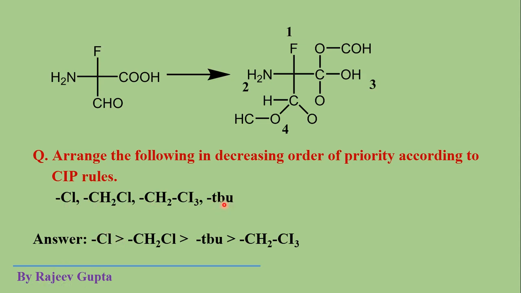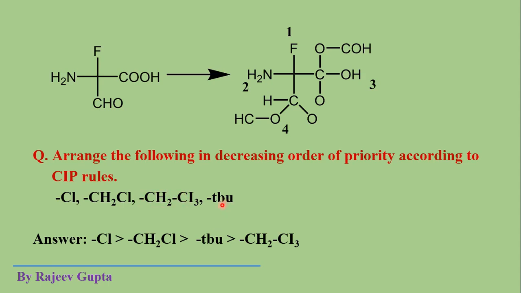What is the tertiary butyl group? We know that. Now here we move towards the next atom. We will apply the third rule, move towards the next atoms. The next atoms are three which are directly attached to this carbon atom: 2 hydrogens and 1 carbon. These 3 iodine atoms are not directly attached to this carbon atom. So 2 hydrogen atoms and 1 carbon atom.